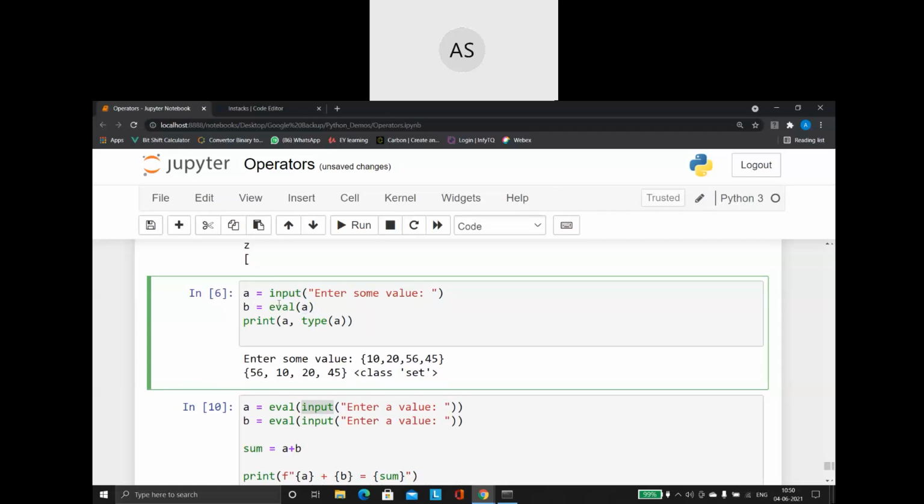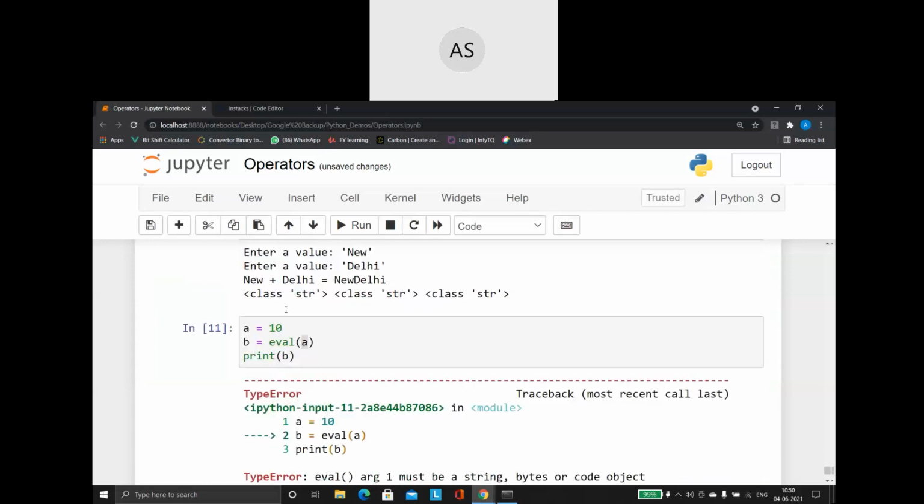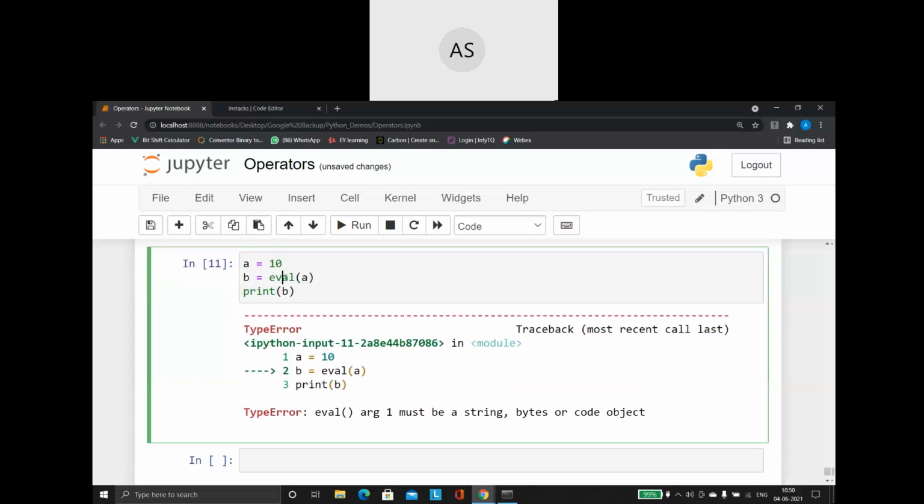So always remember, the eval function will be taking a string as its value. It can evaluate only string values. So when you give something like this, it is definitely going to throw you an error.